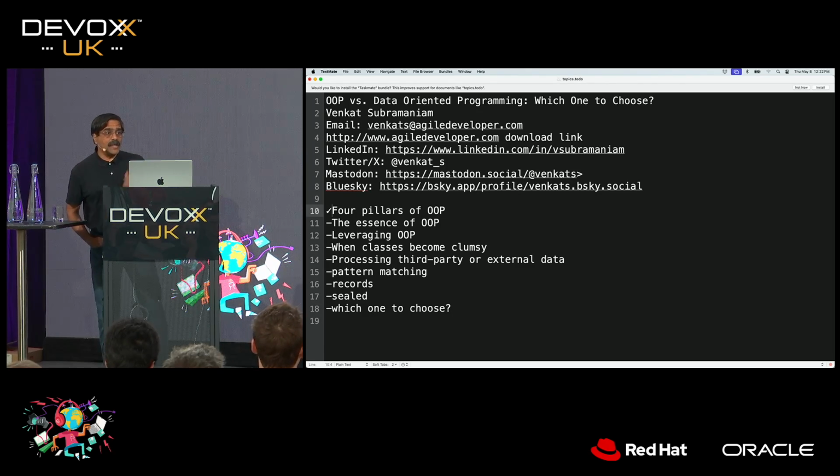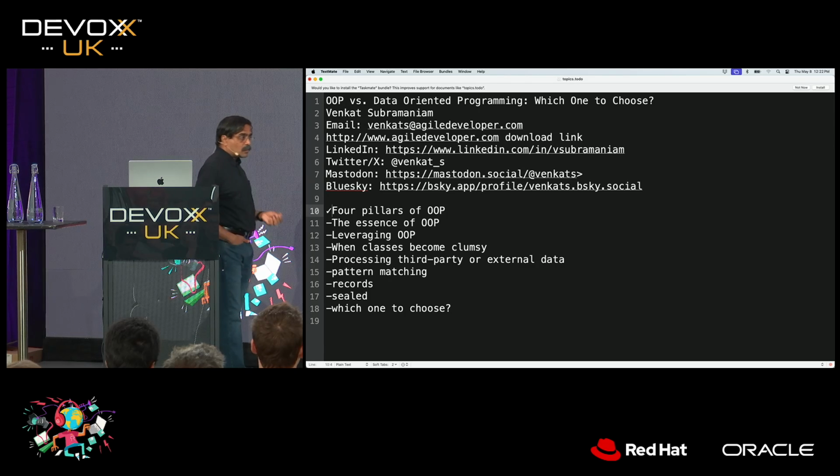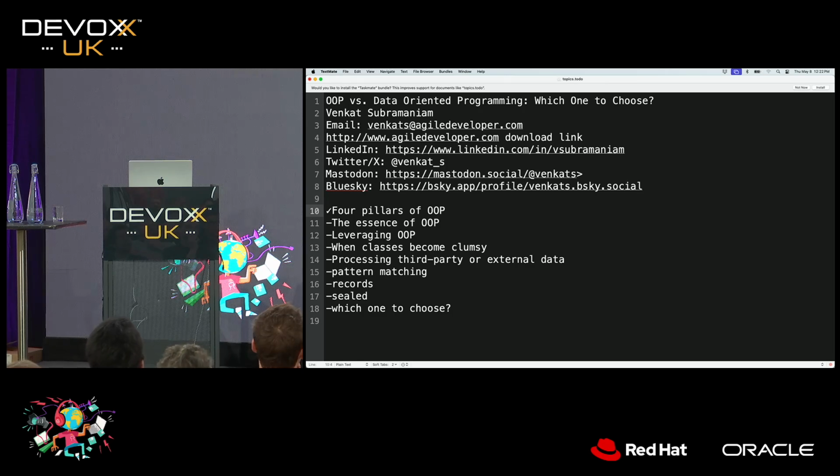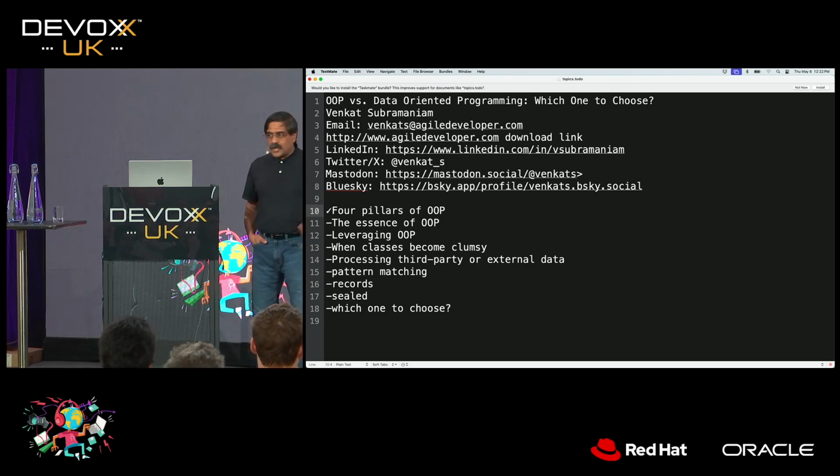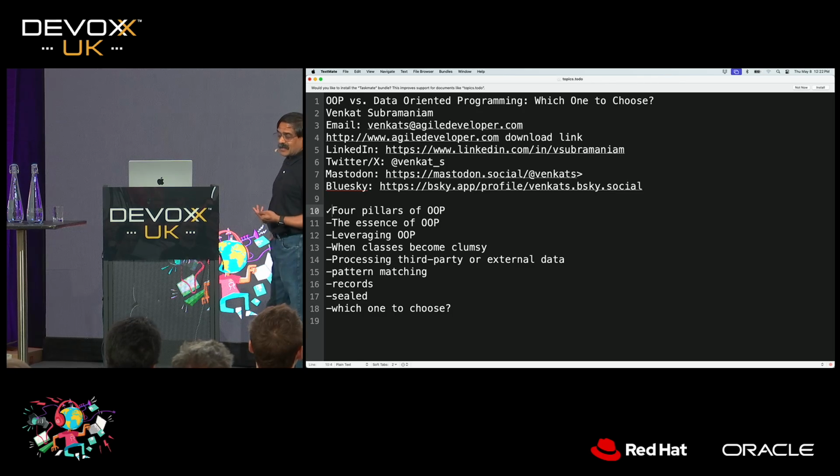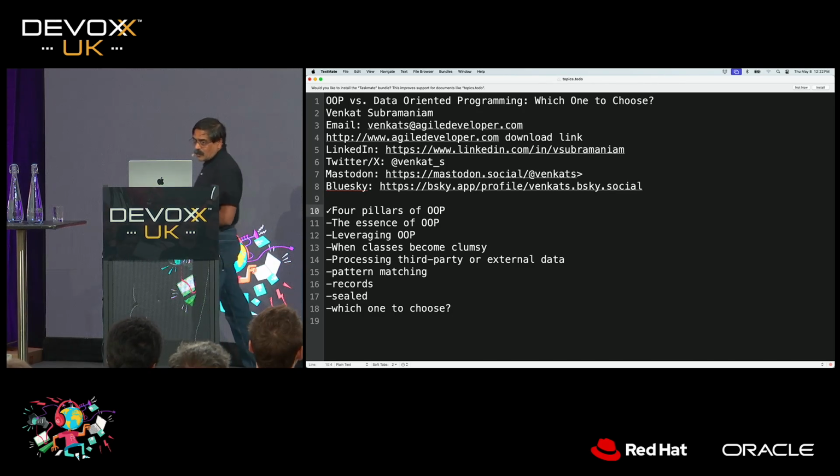Inheritance, I would argue, is the weakest link in object-oriented programming. Languages like Java and C# and C++ force us to use inheritance. But languages like Python or JavaScript or Ruby and so many other languages don't care about inheritance per se. So I would argue inheritance is the weakest link when it comes to object-oriented programming.